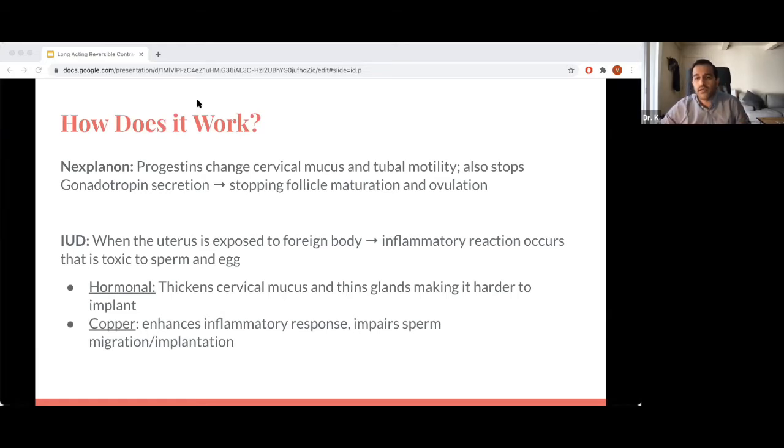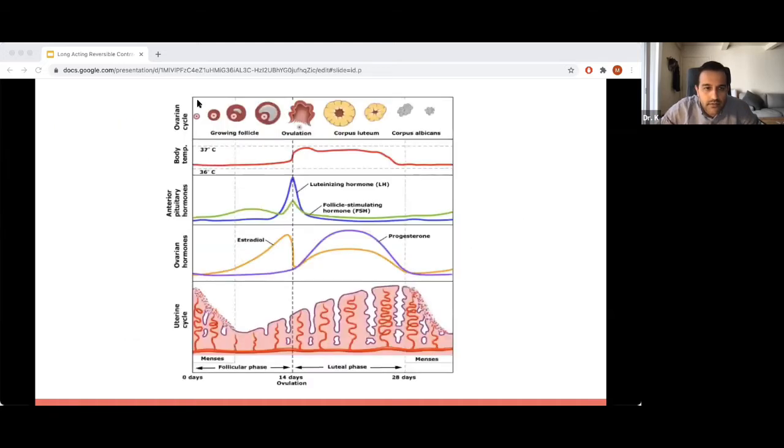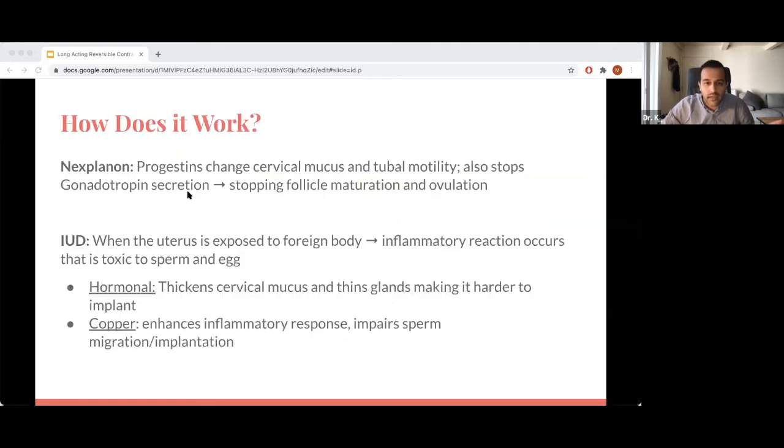The other standpoint is when you increase your progesterone or progestin levels, if we go back to this graph, the LH, FSH part right here, they're regulated by a hormone called GnRH, or gonadotropin releasing hormone. At higher levels, the progesterone actually inhibits that hormone. So you're not actually making or maturing a follicle, and you're not able to really ovulate. So it can actually stop ovulation at higher levels, which is what we see in the higher doses of progesterone in some of the